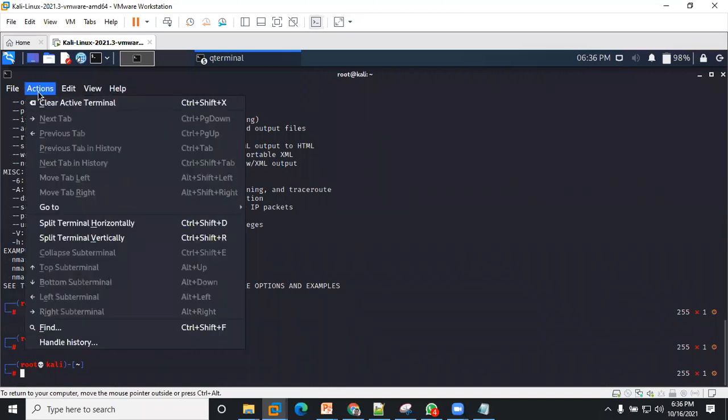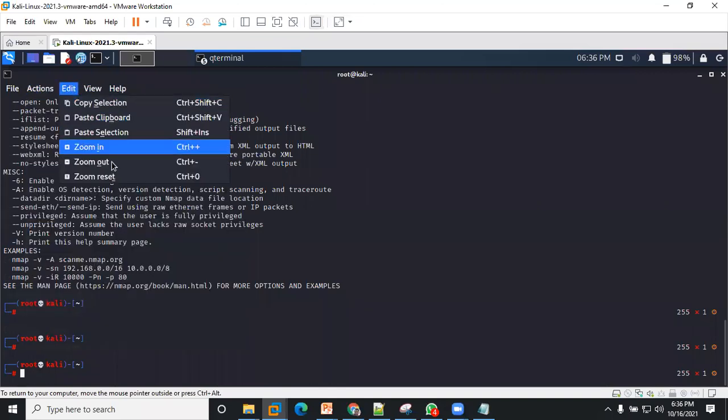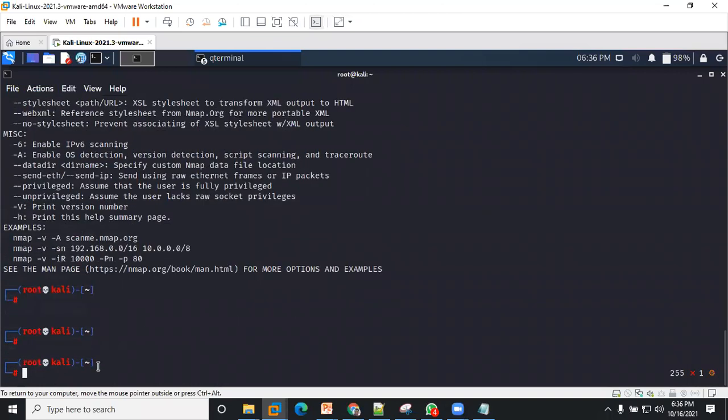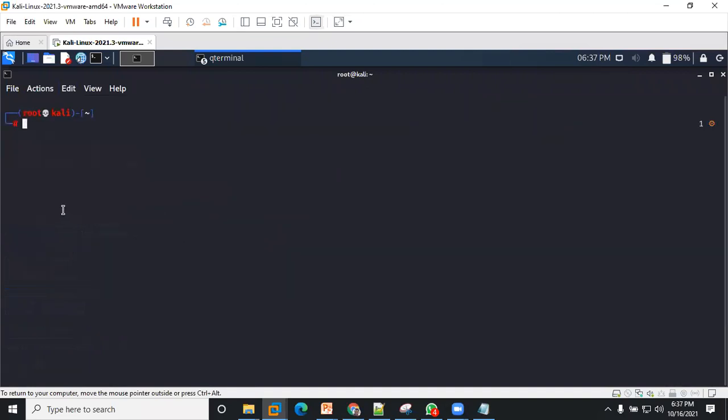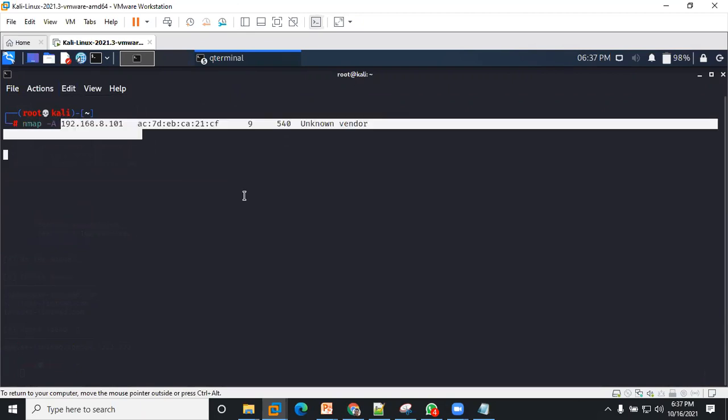Okay, let me see. I think I need to zoom out, right? Yeah, so I'm trying to clear the screen. So now to use nmap, like I said, if you don't know, just click on nmap to see all the flags. But like I said, I used -A, right? Then put in the IP address that we copied.